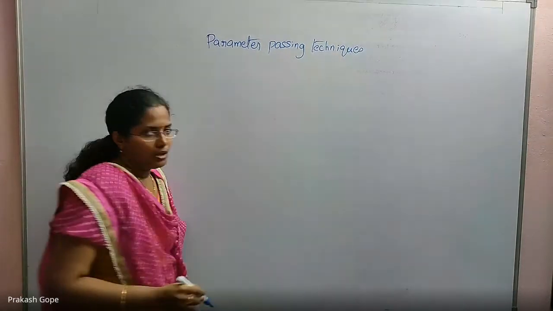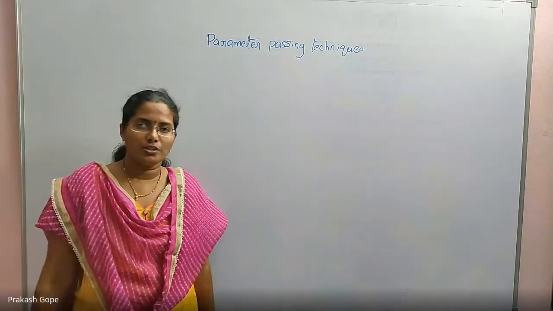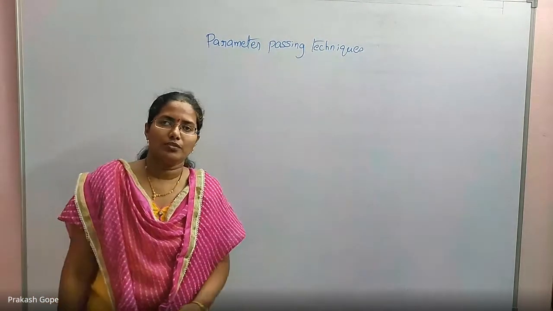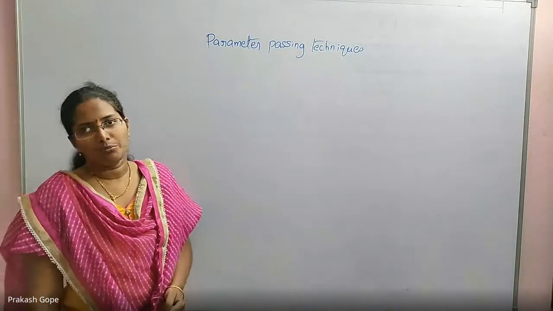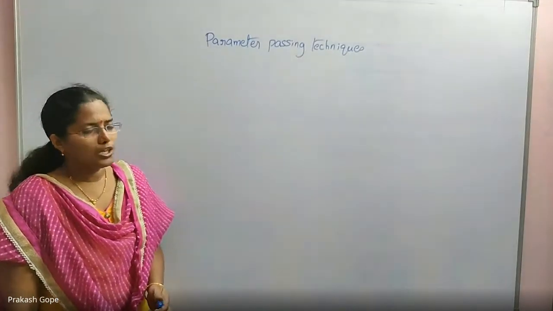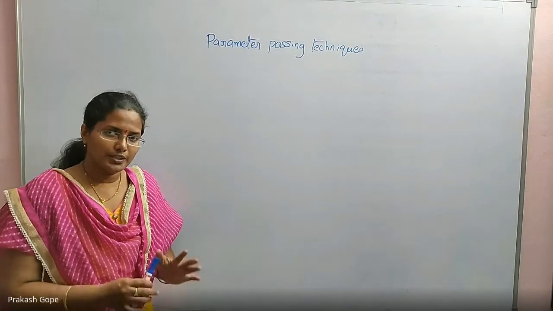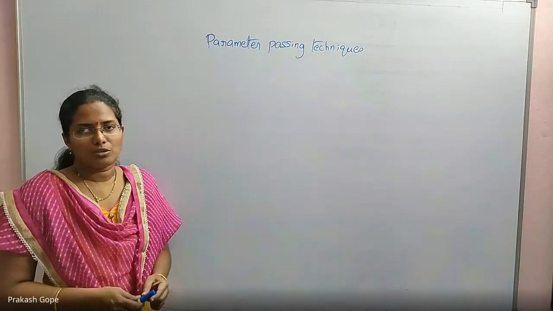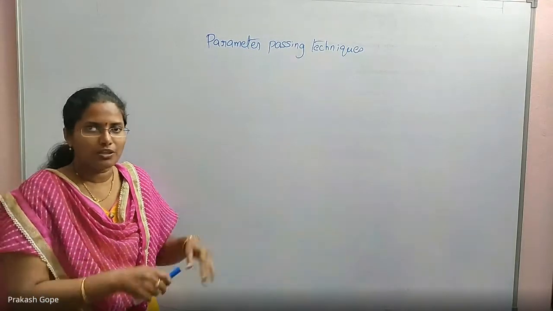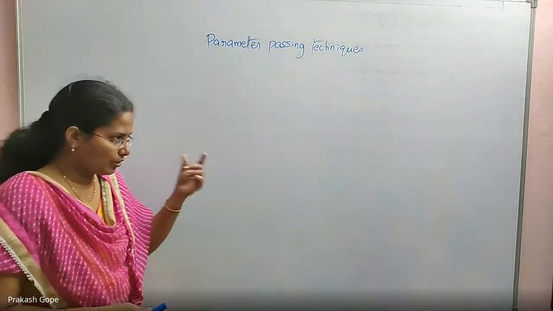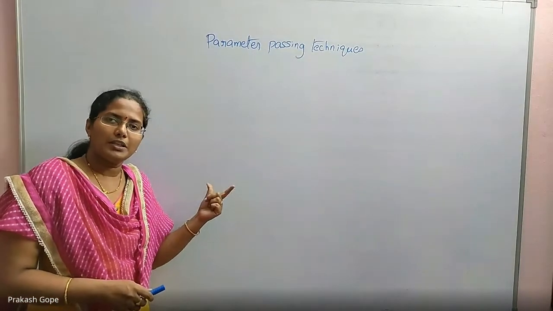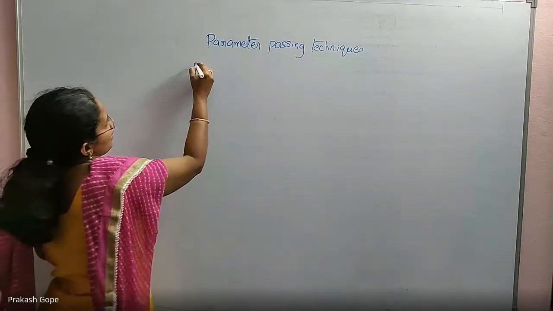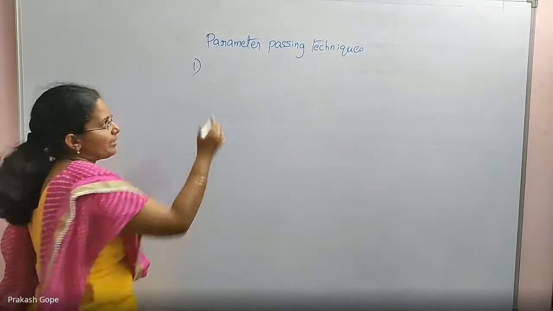As I told you, our scope of discussion is not just C programming, it is for GATE, right? So we need to know the different concepts which are supported by different programming languages. So only call by value and call by reference are supported in C, but there are other parameter passing techniques also supported by different programming languages. That's why we need to learn all of them. Because in the question they will mention, if this is the parameter passing technique, what is the answer? So you need to know the techniques supported by other languages also. And these are the 5 that we will be discussing.